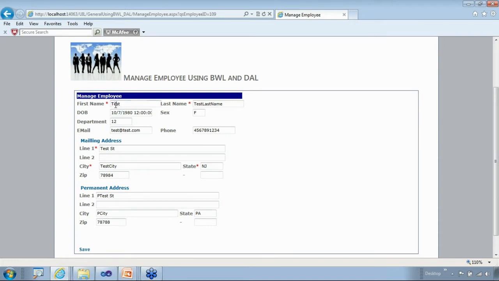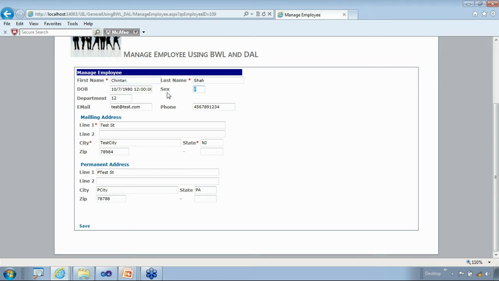Now I'm going to put a valid name, I would say some Shaha, and usually Shaha will be the last name, and the first name say Chintan, some name. Okay, and also I'll try to change the gender here, and I will not touch that part, and I'll put some number here. Just want to make sure, because as we know, each of these blocks are actually going to have different line items. The first block we see here,